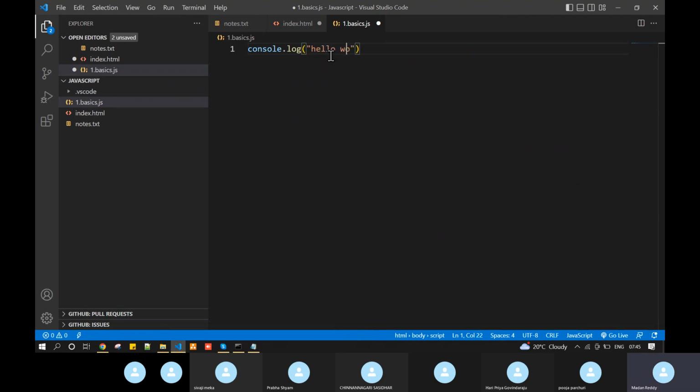I'm going to create the hello world. Once you have created one small console log, hello world, it will definitely give the output in the browser window. So once you have prepared the code in JS, JavaScript, don't worry,